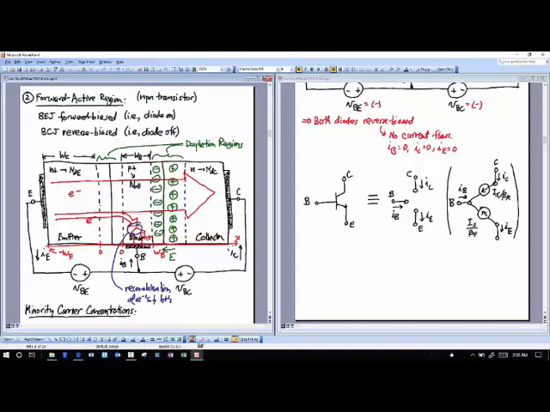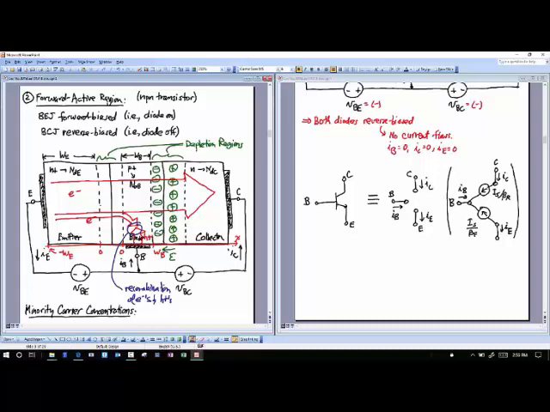Okay, why did MOS take over bipolar? No base current to drive it. Yeah, okay, that's an advantage, but that's not why it took over. Why does anything take over? Yep, cost. That was it. It was all cost. MOS got cheaper over time because they figured out how to do it right. In the beginning, in fact, MOS came before bipolar. The concept did, but they didn't know how to do it right. And so that's why bipolar came first, and that's why a lot of your stuff out there is bipolar. If we could start over, a lot of people would like to just get rid of the bipolar.